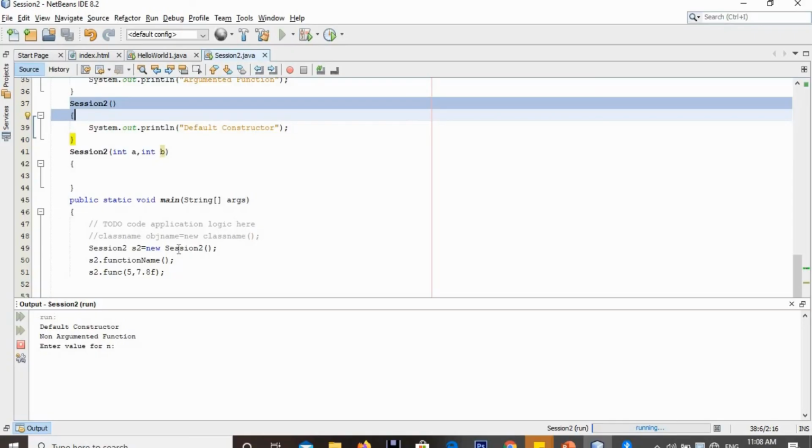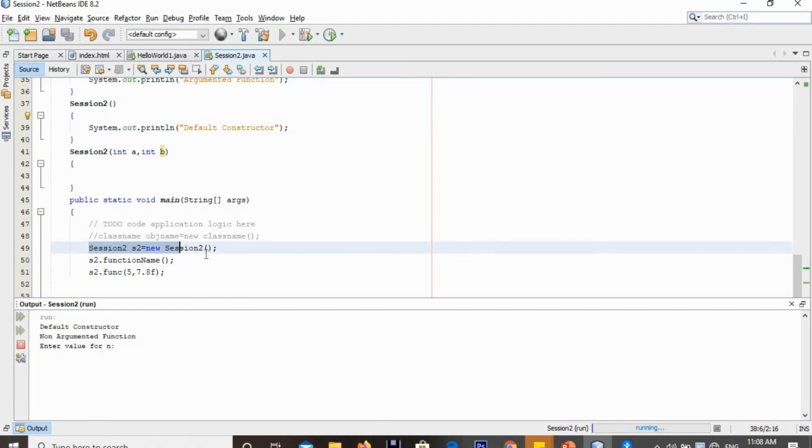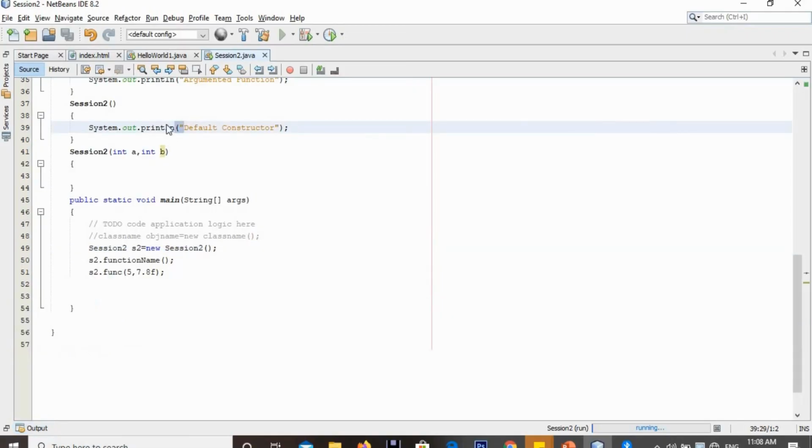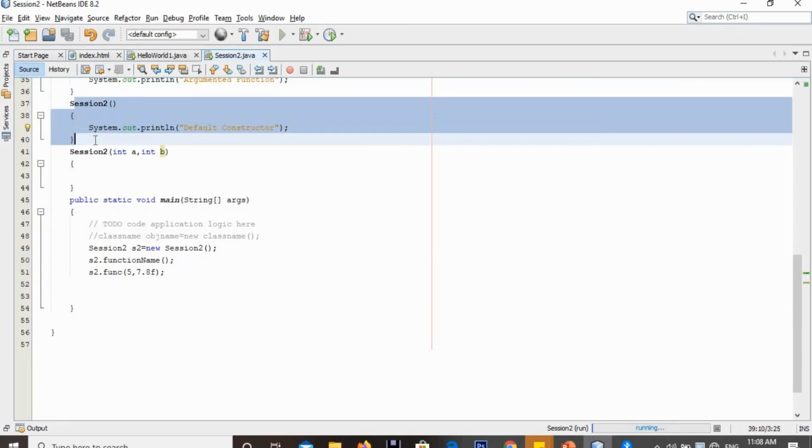I had told you that the constructor will be called automatically whenever an object is created. So when the compiler executes this line of object creation, the constructor gets called automatically, so the first line of our output is the default constructor message, which we have given inside the constructor.